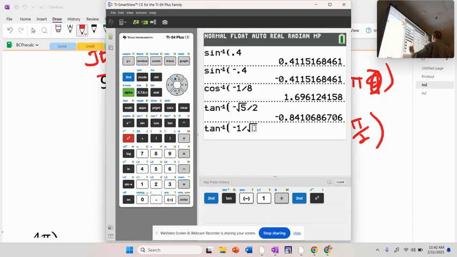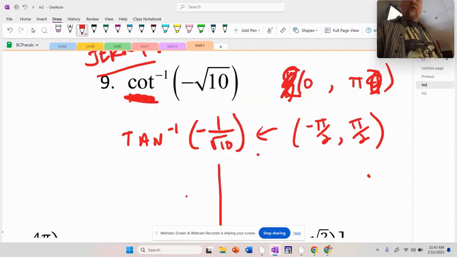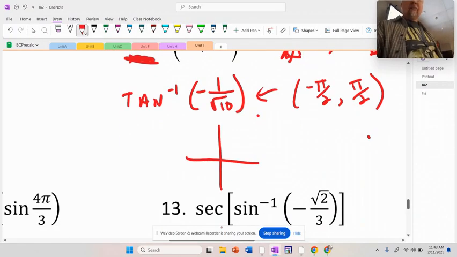Negative 1 over root 10, is it root 10? So negative 1 over root 10, that should suffice, right? And then enter. And then, what do I do about that point? Let's say negative 0.31. Well, what you got to understand is that's a